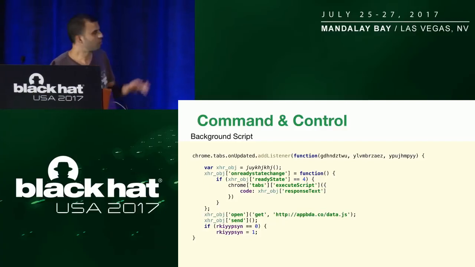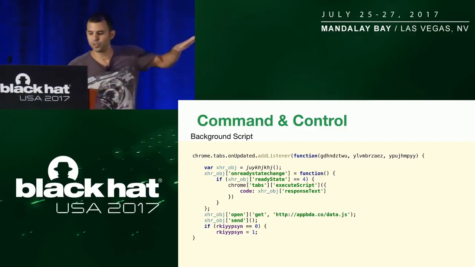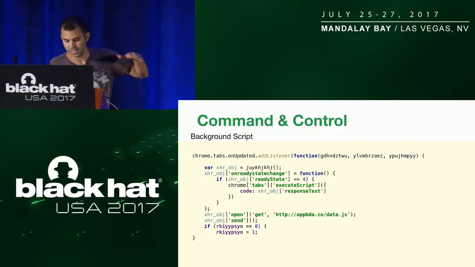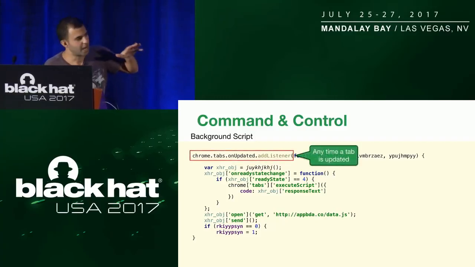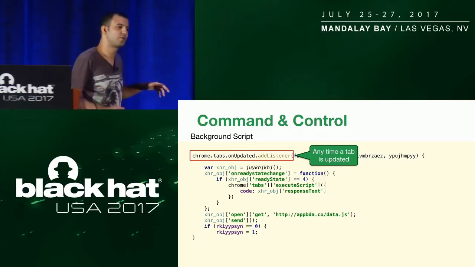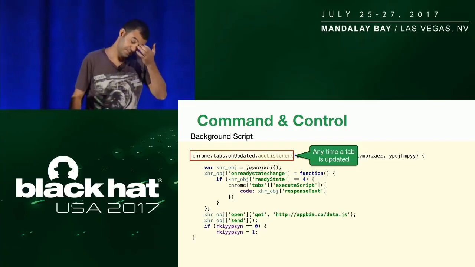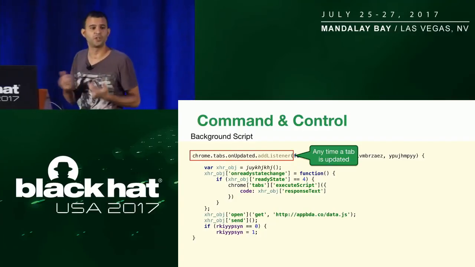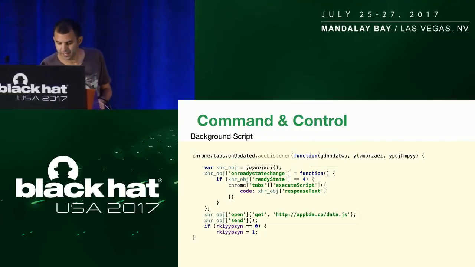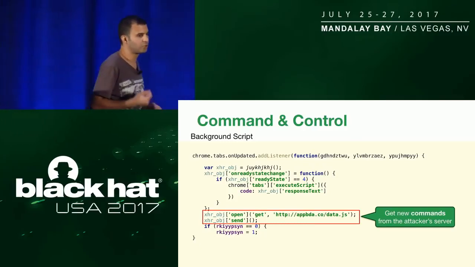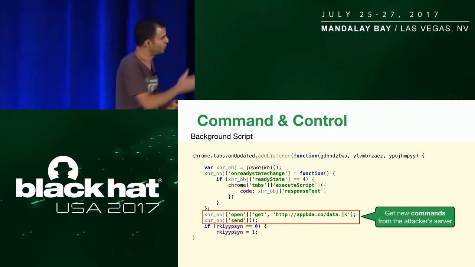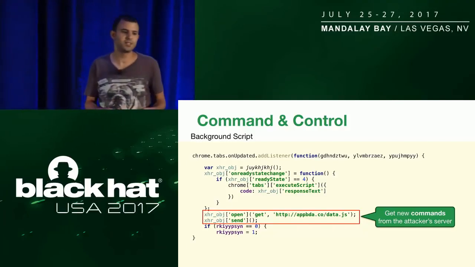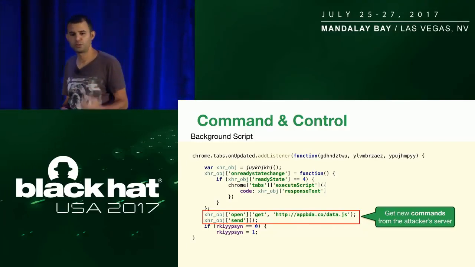What we see here. So this background script is actually the command and control system of the attacker. I'll explain. Let's see what it does. So first, every time it adds a listener that is triggered every time a tab is updated, any change on any tab. And then it goes to a server belonging to the attacker. This is what you see here, and gets a file called data.js, which is the commands file to this bot